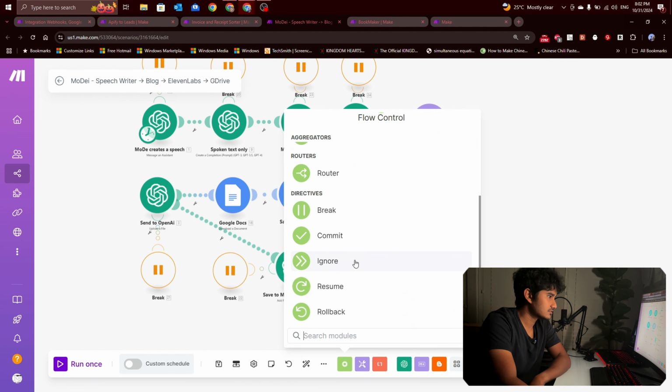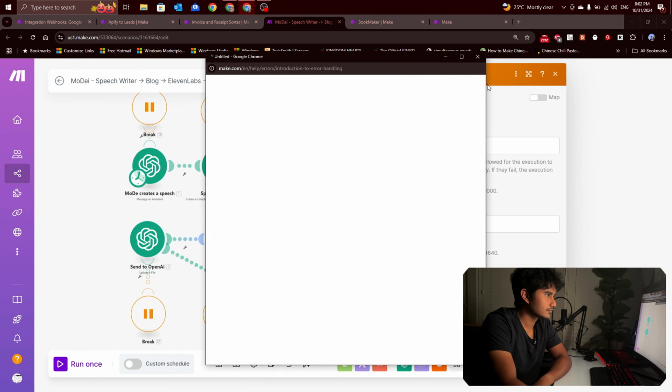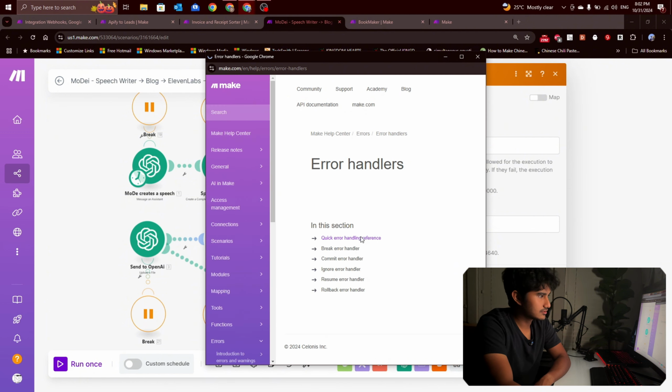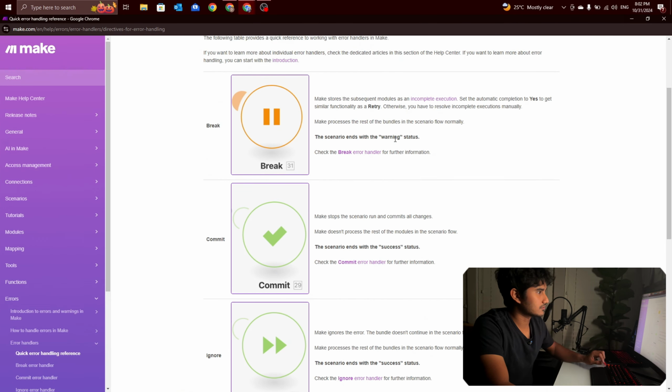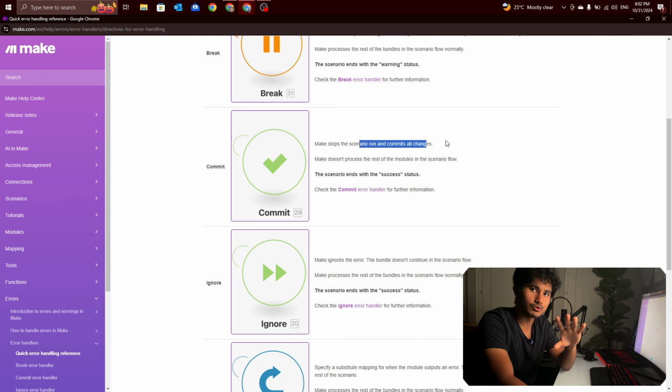As for the other ones, commit, let me see. I'm just going to go into error handlers and use the reference because honestly, they're a little confusing. So commit just stops the scenario and then commits the changes. So basically it just doesn't go with the flow anymore after there's an error. It just stops it. I don't know why you would ever want to use that. Sometimes you would, but